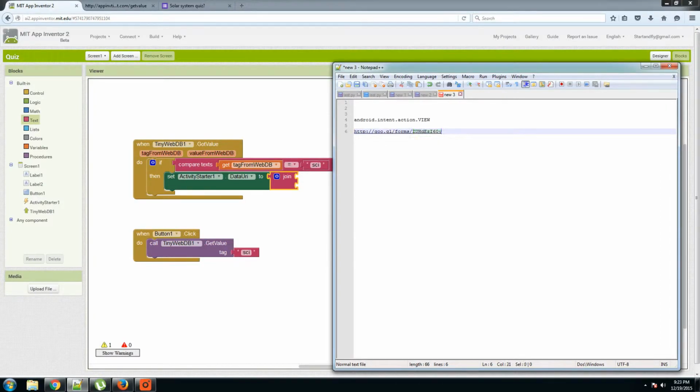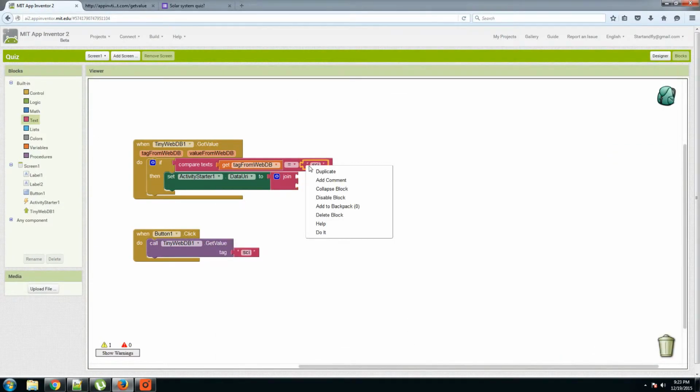In this URL, the last part always keeps changing, but the first part always remains constant. So we'll copy this first part, duplicate this, add it over here and paste, and the last part is received from TinyWebDB.